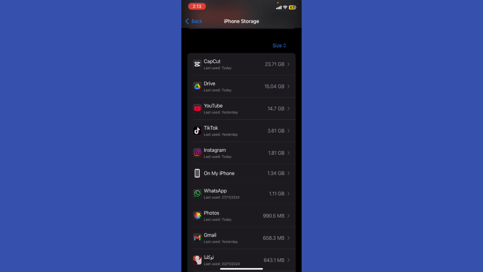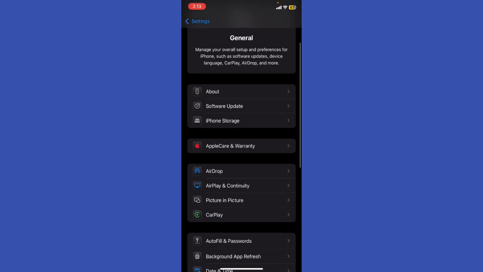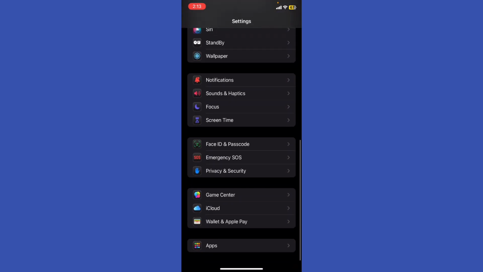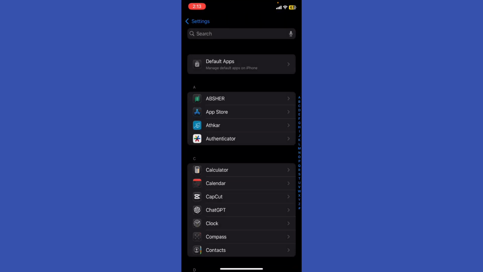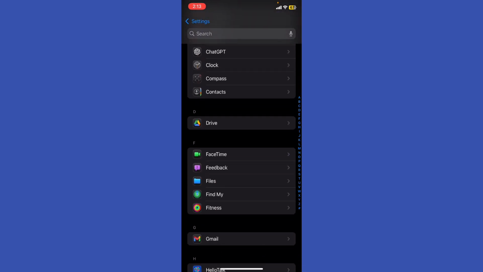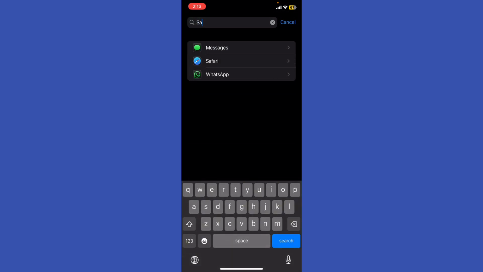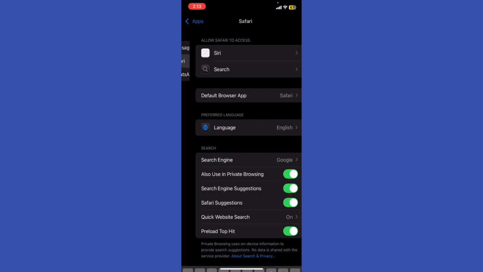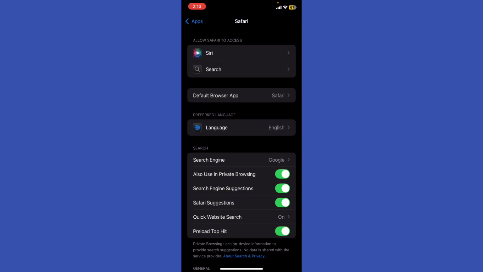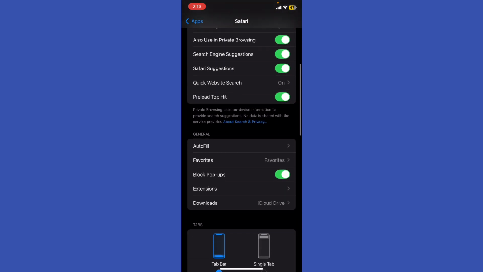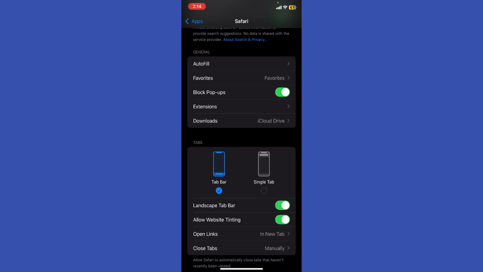Okay, another way of doing it, you can just go back, right? Go back to the main settings, scroll a little bit down, click the apps from here, and basically what you're gonna do, you're gonna go to your Safari. You're gonna try to pin down Safari, right? Probably this is why your iPhone takes some space, because of your apps, and that includes the apps that